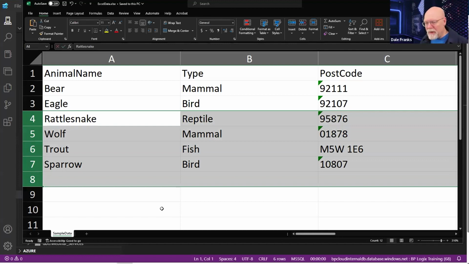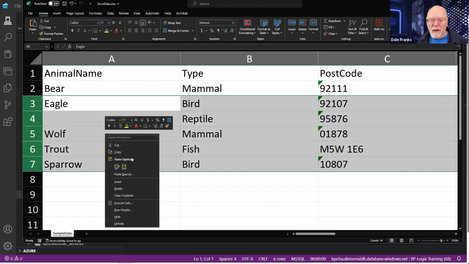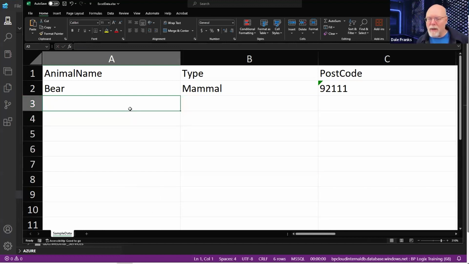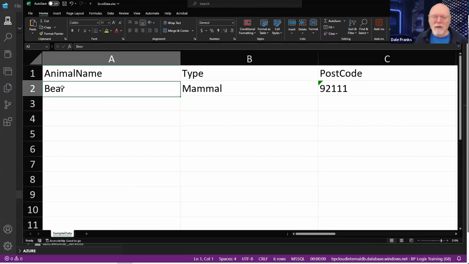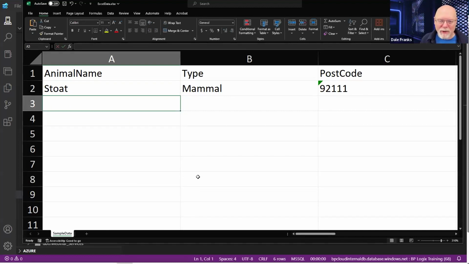What if I'm only grabbing, and I want to get rid of just those rows. So let's hit delete and get rid of those rows. So what if I'm just grabbing additional data, right? Oh, that is not how you spell stoat. Stoat is a mammal. Who cares about the postal code?